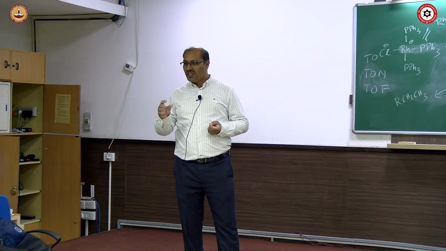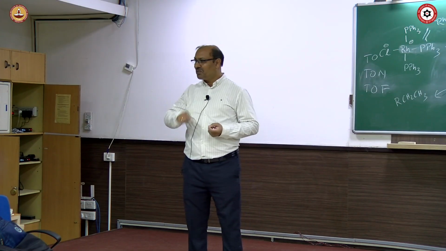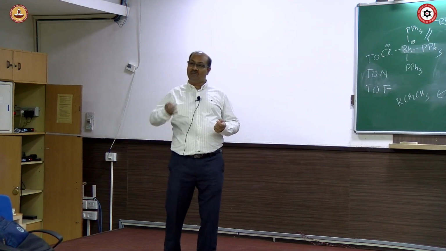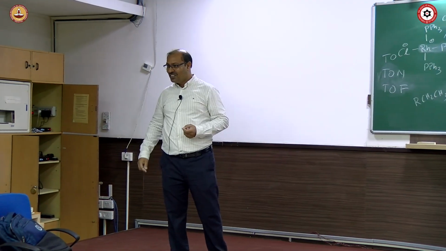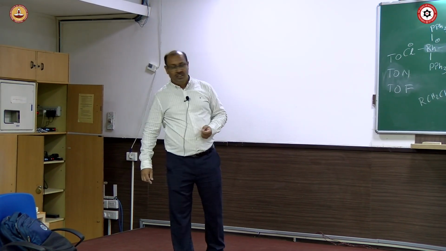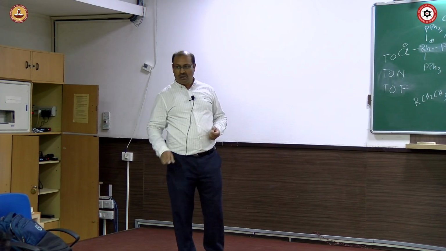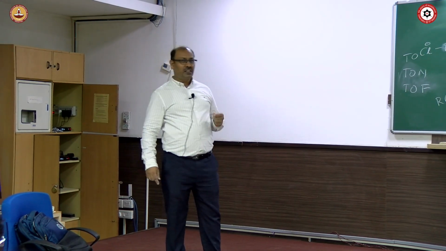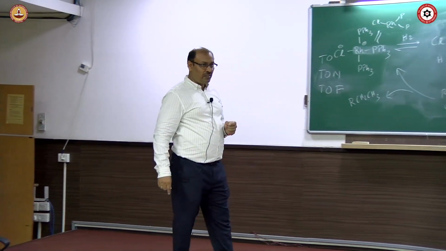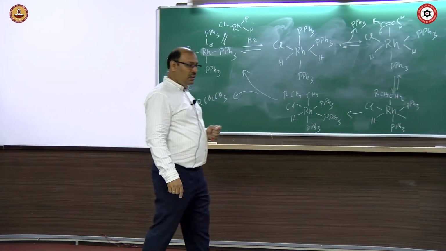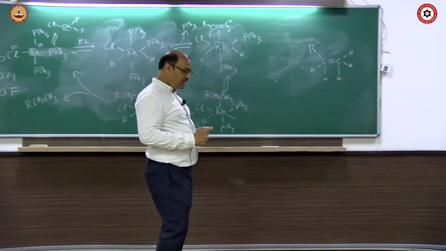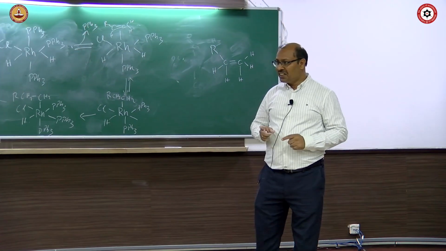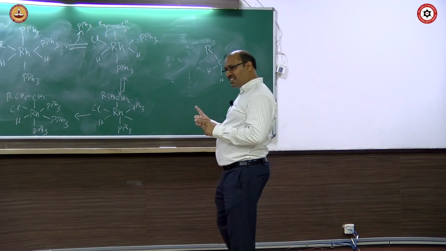So the turnover frequency, that number depends upon the unit of time, right? So you cannot say that I change it to some other thing and my turnover frequency looks good. No, you have to look at the unit also. So turnover, turnover number, turnover frequency, these three terms you can check by yourself. And this is one example of a catalytic cycle. Okay. So in your CSIR UGC NET, those who are interested in appearing in organometallic chemistry, you have catalysis cycles